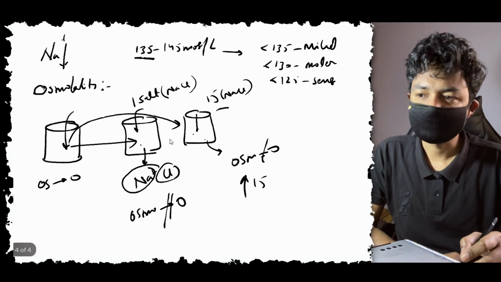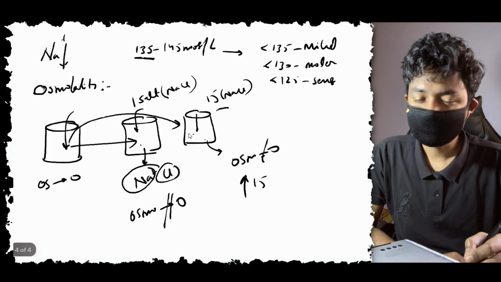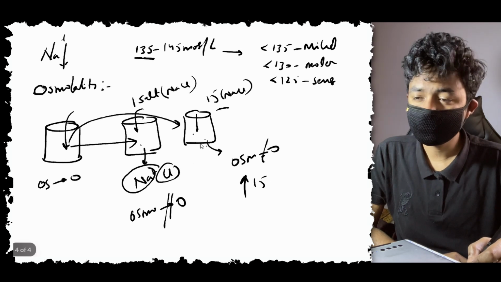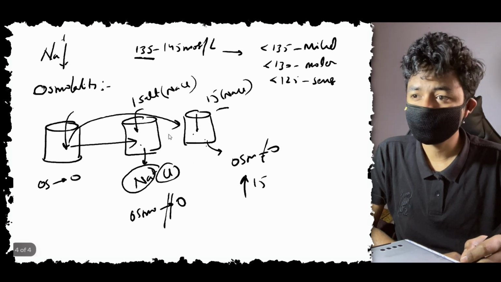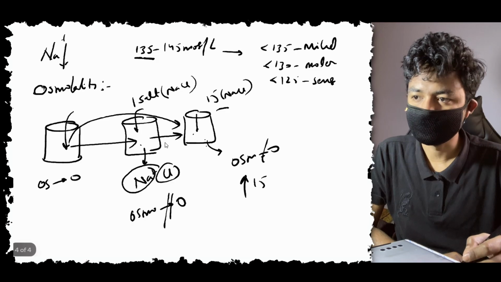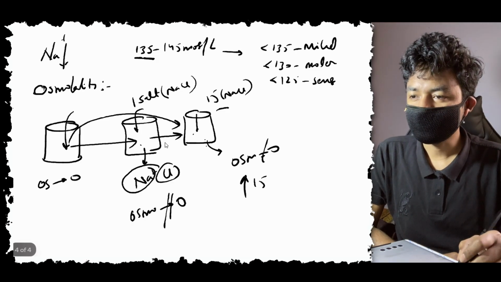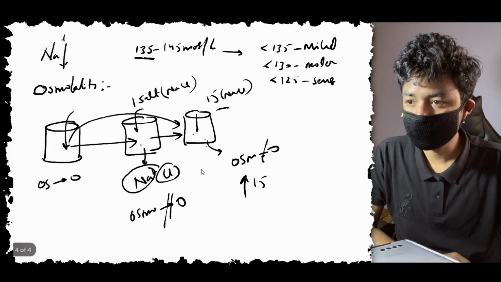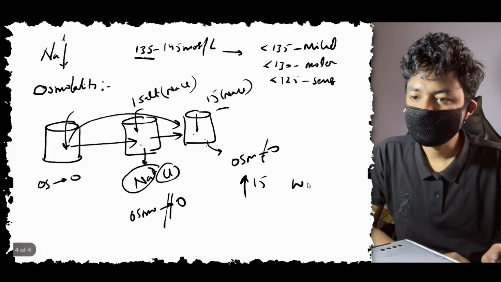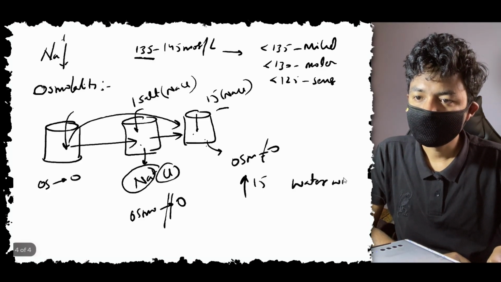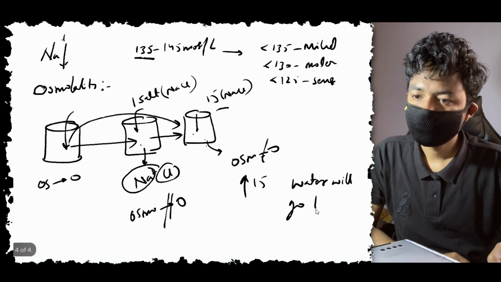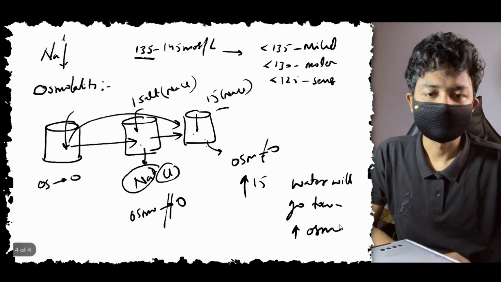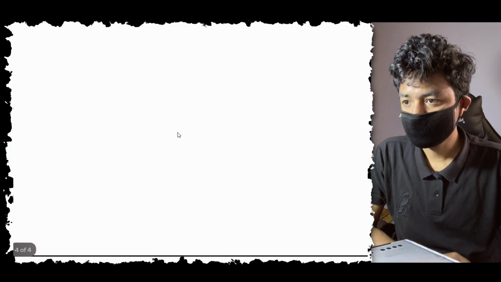What about these two cases? In which of the glasses do we have more solute? That means more concentrated. This one is more solute, this one is more solute, and this one is less solute. So again, water will go from here to here. Simple. So what is the nature of the water? The nature of the water is that wherever there is more solute, water will go towards more osmolality. Fine. So this is what we understood.